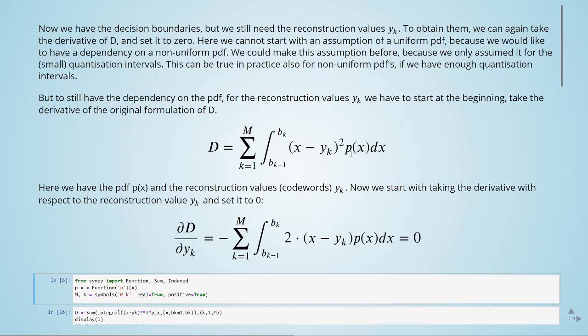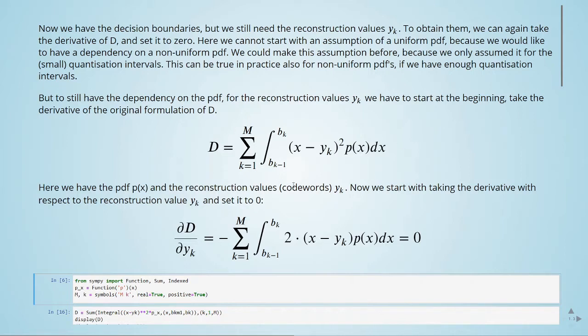Because now we would like to have a dependency on a non-uniform PDF. We could make this assumption before because we only assumed it for the small quantization intervals. This can be true in practice also for a non-uniform PDF if we have enough quantization intervals. But to keep this dependency on the PDF for the reconstruction values y, we will go back to